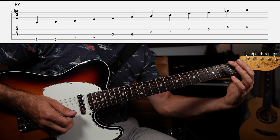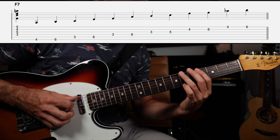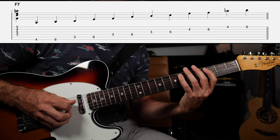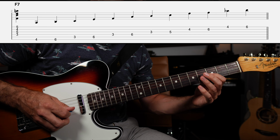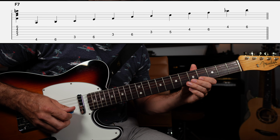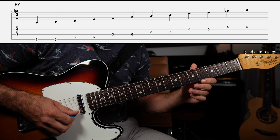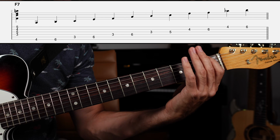Okay, if you're coming off the root note, it'll be 1, 4, 6, 3, 6, 3, 6, 3, 5. Then the B string, 4, 6, and the same thing on the high E string. You put that together and we have...